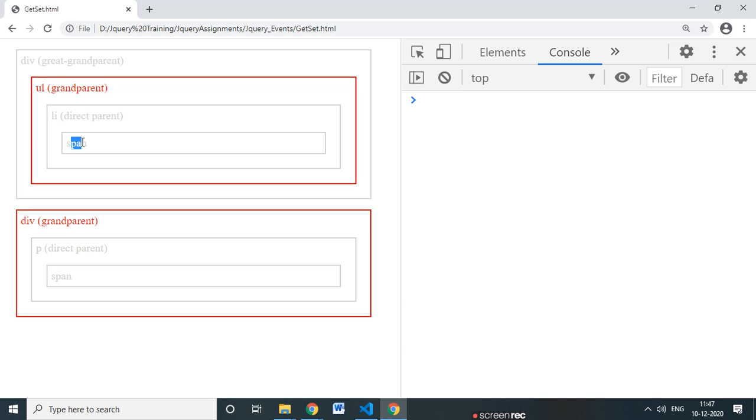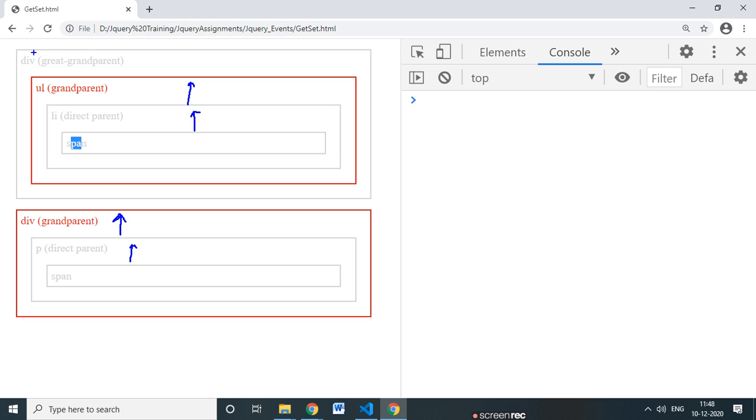See, here is the span. Okay, here is the span. Okay, he is the parent, and what I'm saying, parents parent. Okay, parents parent, that's why this ul is there. See, here is the span, who is the parent? The li is the parent, then it's the parent's parent. Here also span is the direct parent and parent's parent.